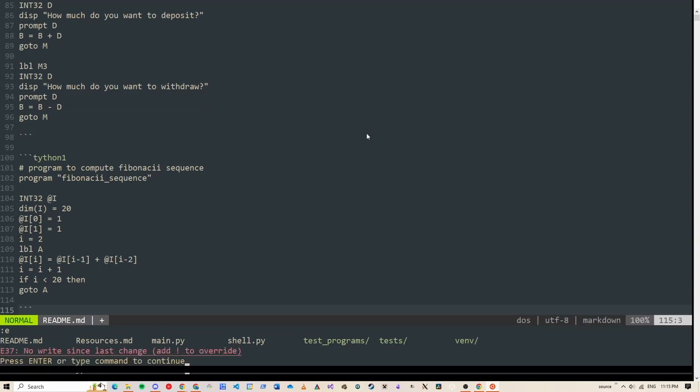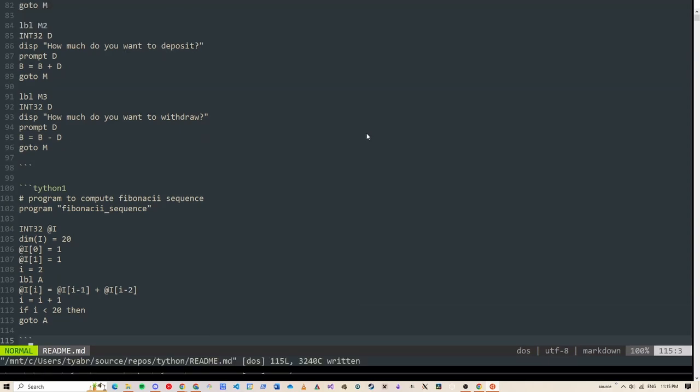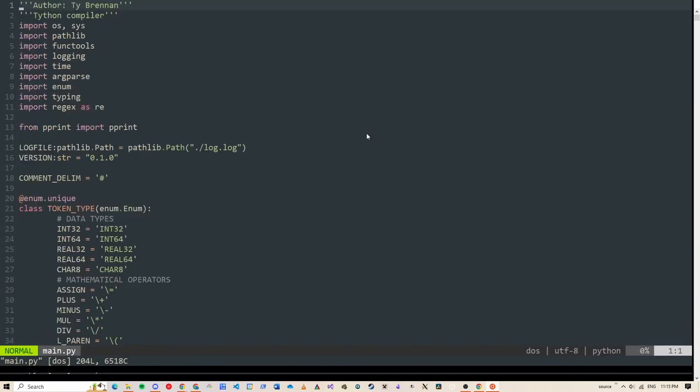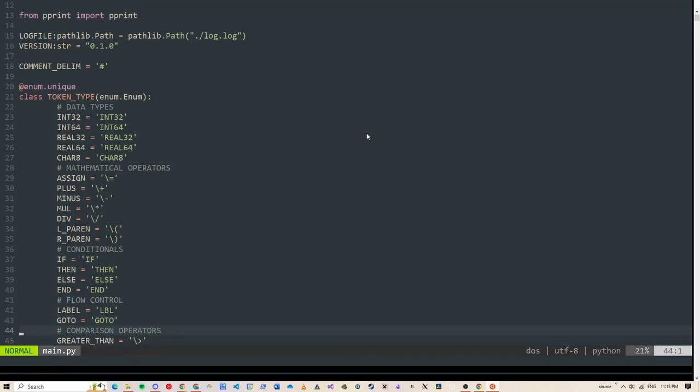Oops. I changed something? Oh yeah, I did. Okay. Here, this is my working compiler as of now. So this is the token type, a new enum. There's no enums in Python. So this is what we can get, but it gives you the special thing of, instead of forcing you